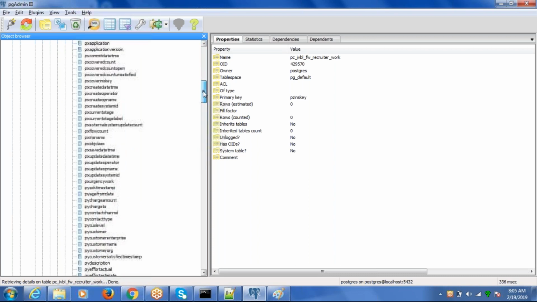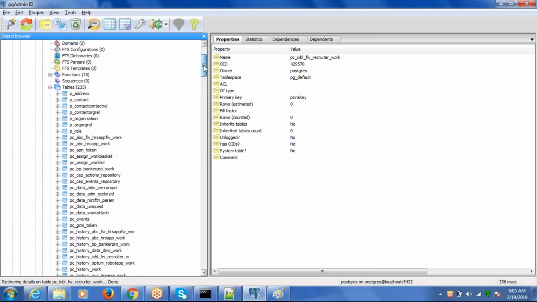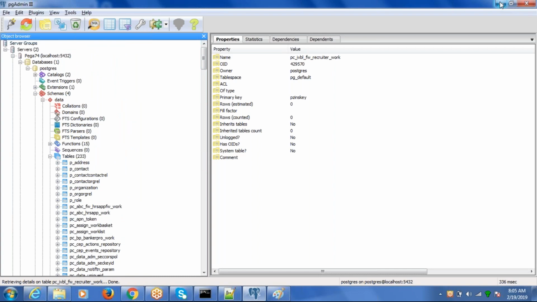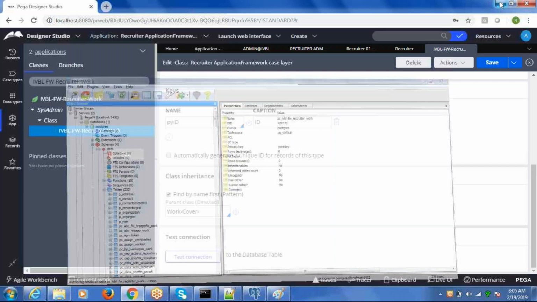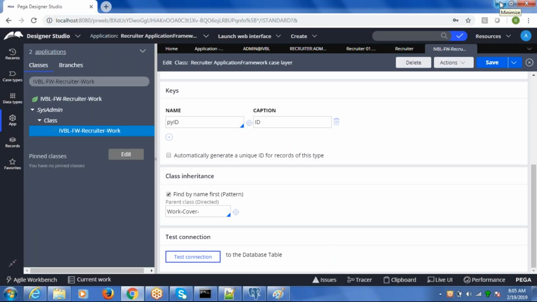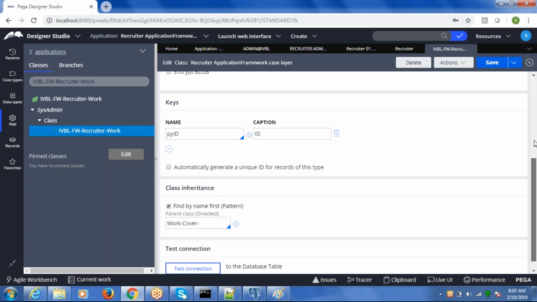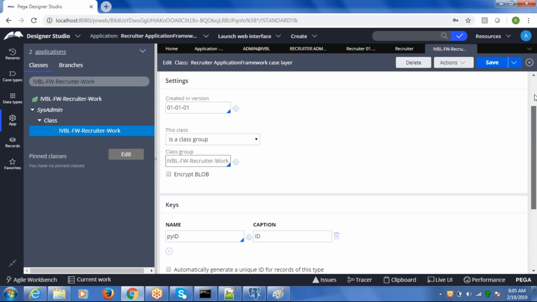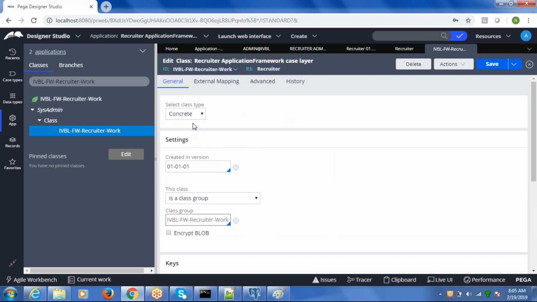While we add any new columns, we'll see how it works. But for now, we are defining only the PX, PY, and PZ columns. We just observe how PX, PY, PZ are inserted. As of now, there are no records in that table. We need to define the class, how Pega will maintain the class, and what the different types of classes are. All these things we can discuss in tomorrow's session.